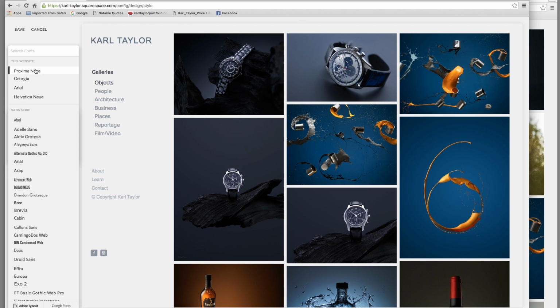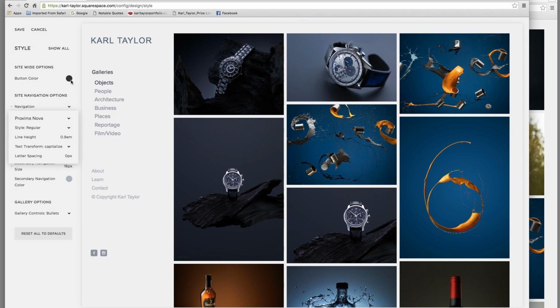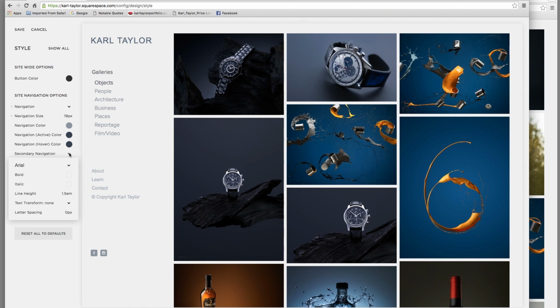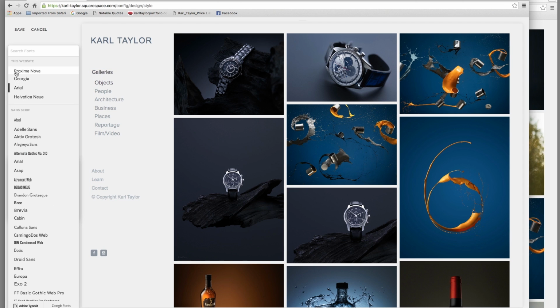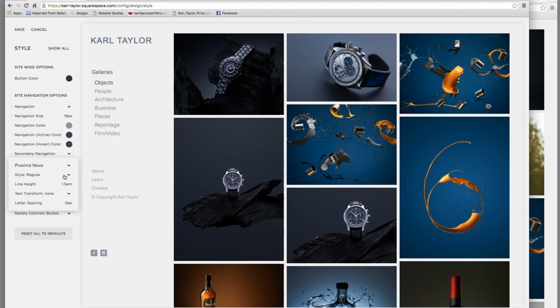I'm going to roll with that Proxima Nova for the moment. And then we can have a look at the, oh actually, just before I do that, I'm going to have a look at light. There we go. I'm going to go with a light style font instead this time. And then on the secondary navigation, I'm going to do the same. I'm going to choose Proxima Nova. I'm going to choose a light